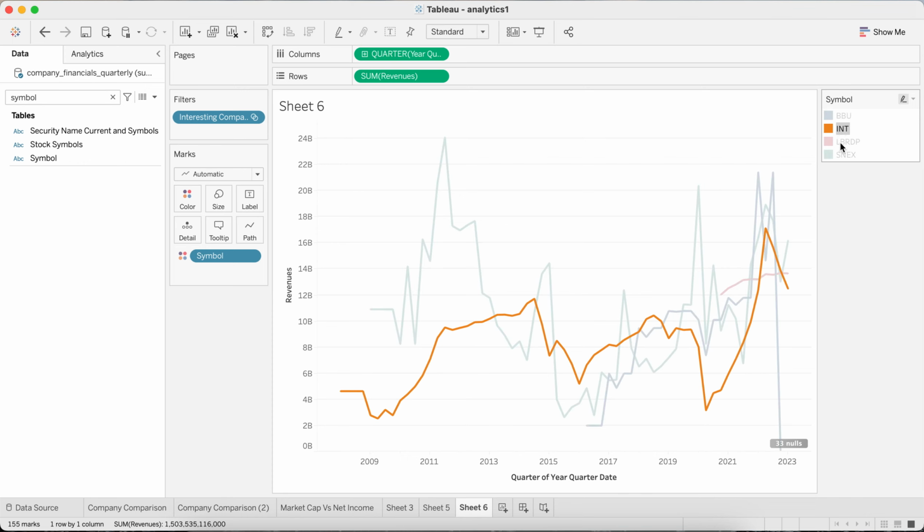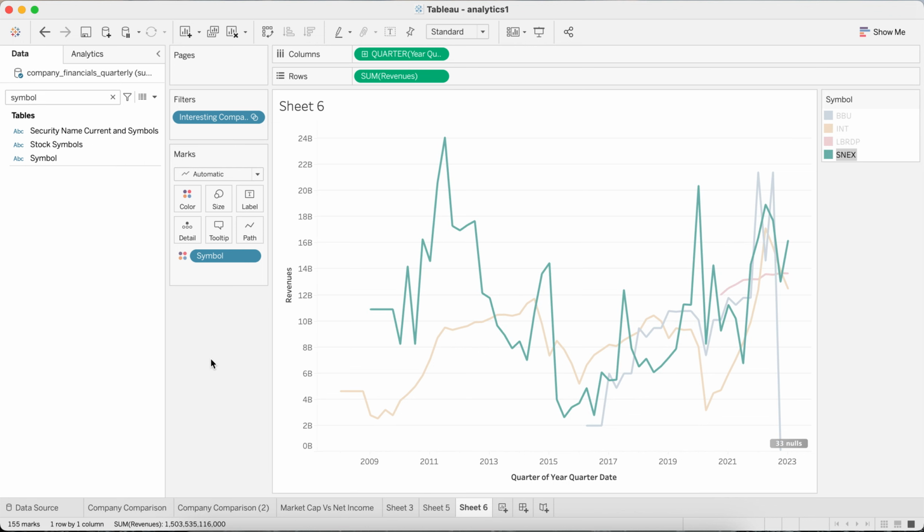It looks like some of them have fairly low valuations, so perhaps they're not growth companies, right? So they're sort of oscillating in their revenues. Sorry, it looks like Tableau is frozen for some reason. Okay, so